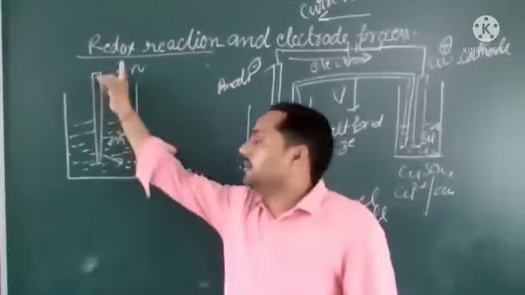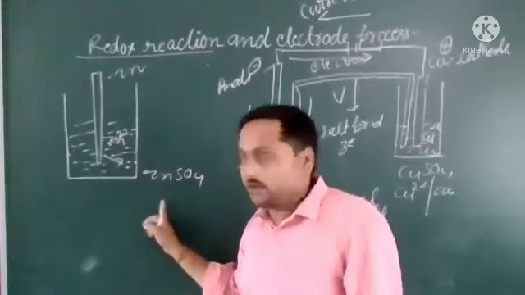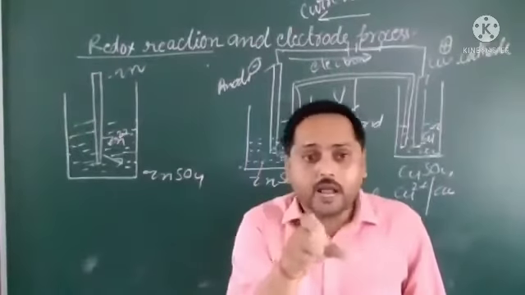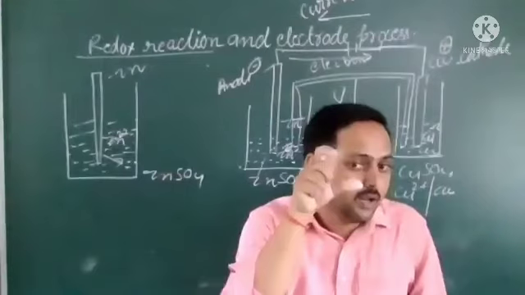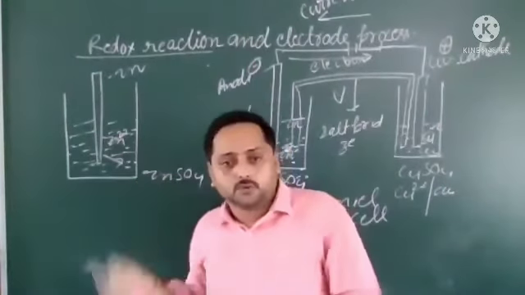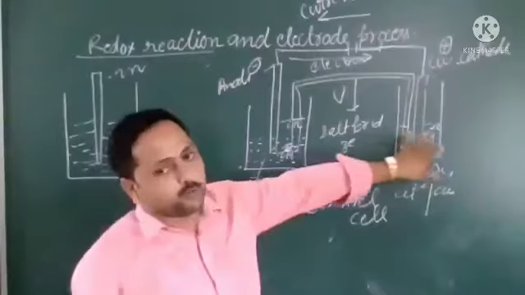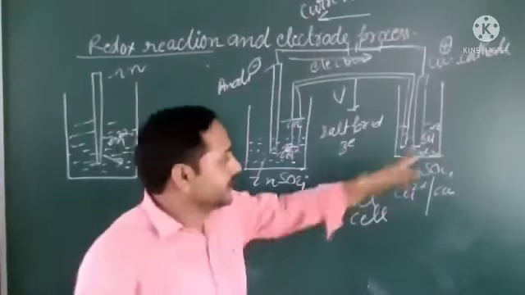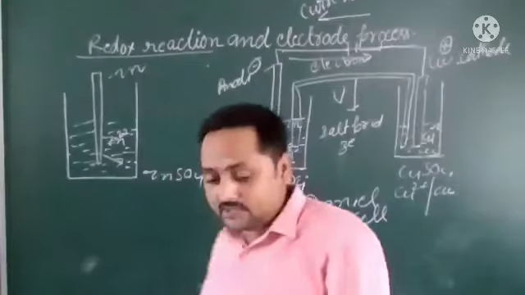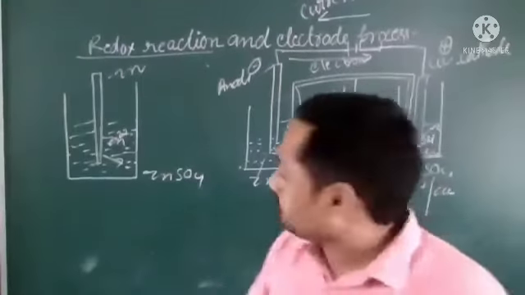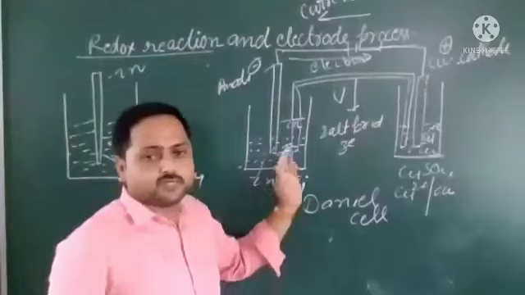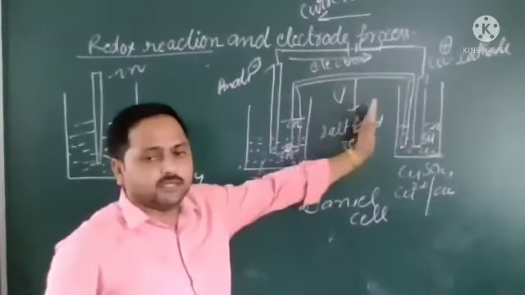When a metal is dipped in its salt solution, the potential developed between the metal and the salt solution is known as electrode potential. So we got that if the electrode potential is different, then current will flow. The next term related to this is standard electrode potential. So you might have understood this. Have you understood this? Yes or no?